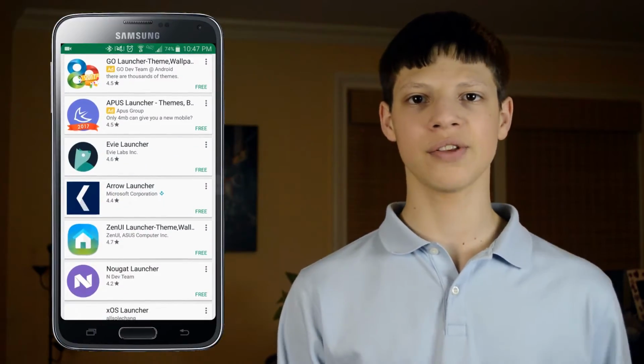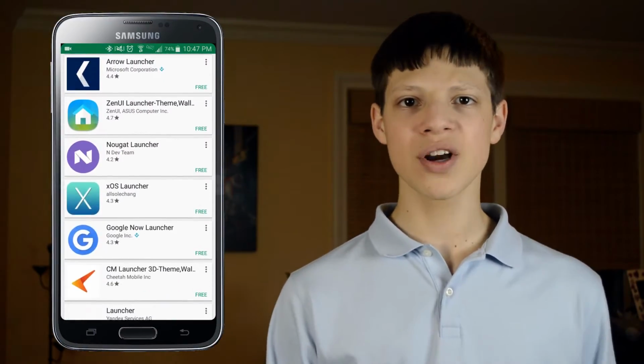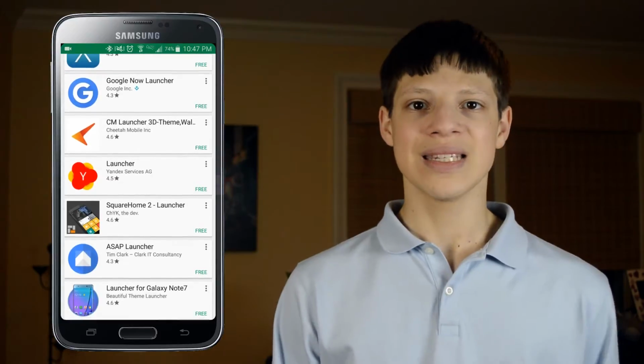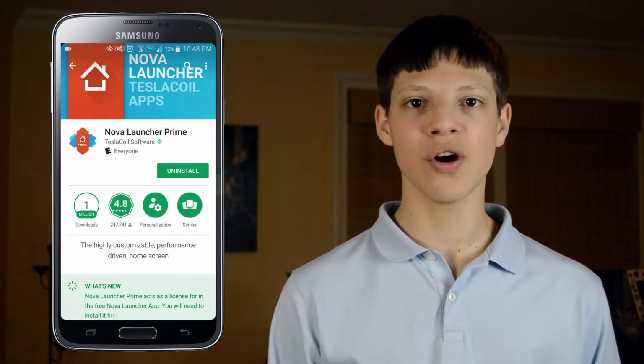The first real decision to make is what launcher you'll be using. There are a ton of different launchers out there, so even though it can be hard to find out which one is right for you, taking the time to do that is critical. I personally love Eevee Launcher and Nova Launcher, but there are plenty of others to choose from as well. When looking for a launcher, you should aim to find something that fits your preference, somewhere between aesthetics and productivity. It makes no sense to build a masterpiece that you won't be able to navigate, but choosing a launcher that looks like it came out of a trash can won't be much help either, even if you can find all